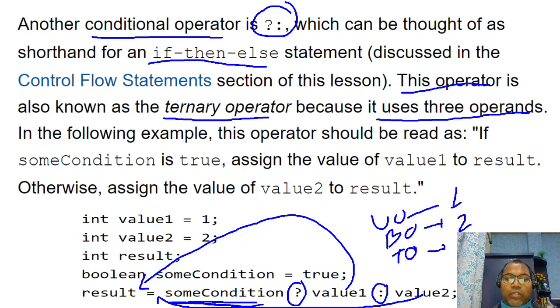So these are the three operands: this is the condition, this is value 1, and this is value 2. Depending on the condition, if true then value 1, if false then value 2 will be assigned to the result.